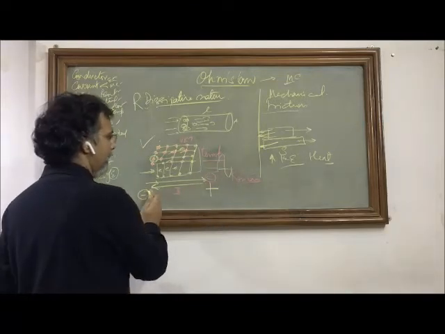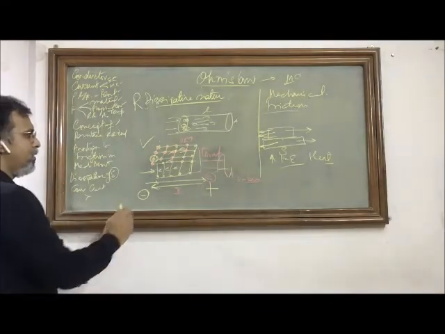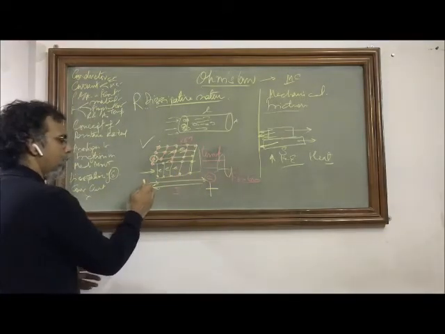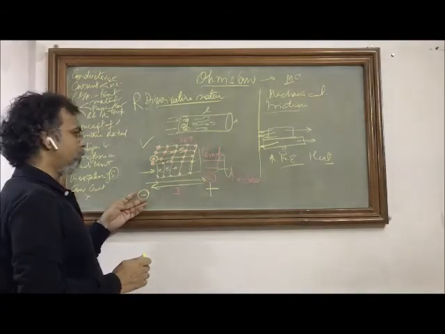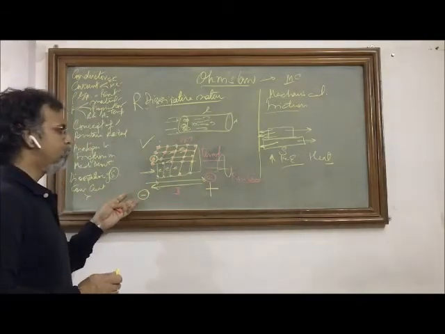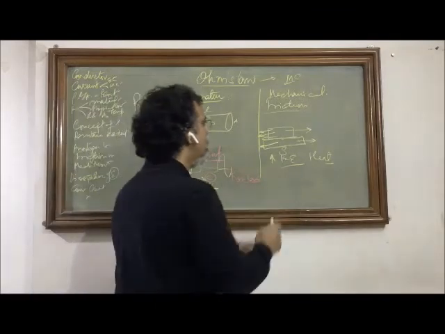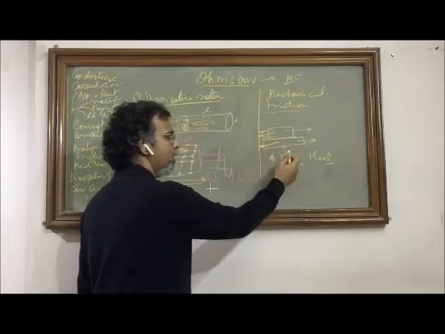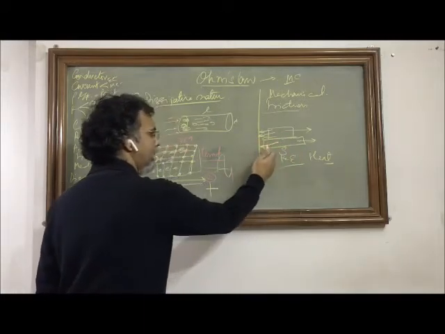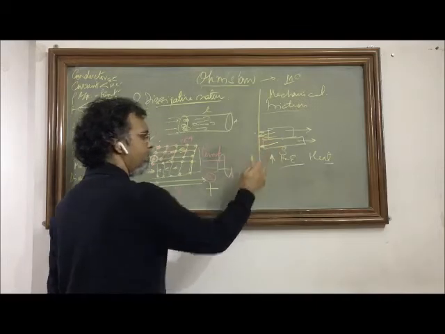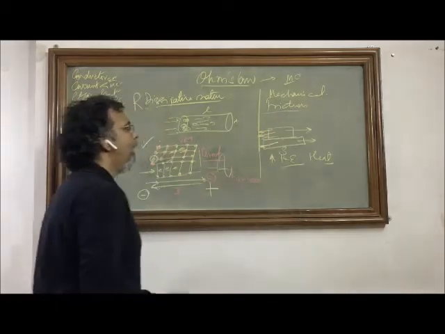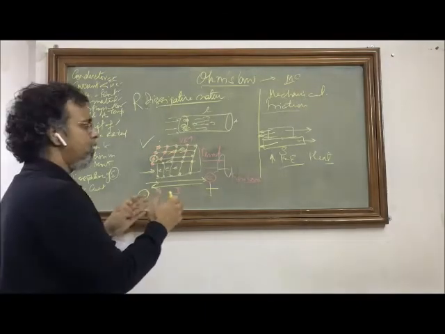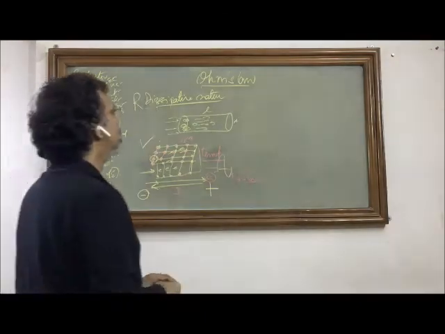Anytime current moves, you will have dissipation of energy, and that dissipation is the resistance. That dissipation is going to be opposite to the current's flow, and it is going to convert the electrical energy into heat energy. Here also, anytime there is friction, the friction will always oppose a relative motion. The friction will change the mechanical energy into heat energy. So this is also dissipative in nature, and we can say that in electrical circuits, resistance is what friction is in the mechanical situations or contexts.